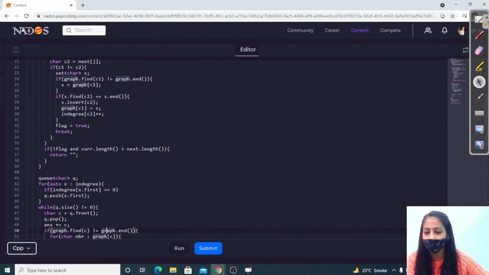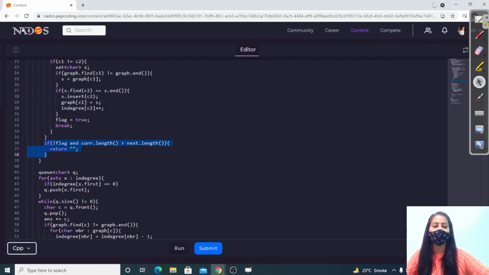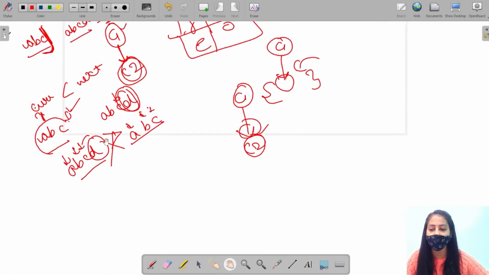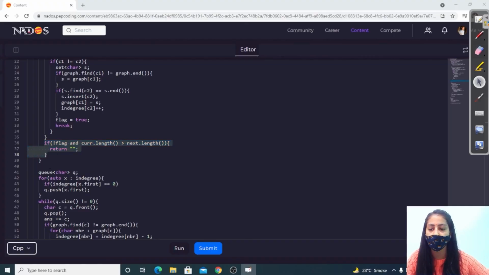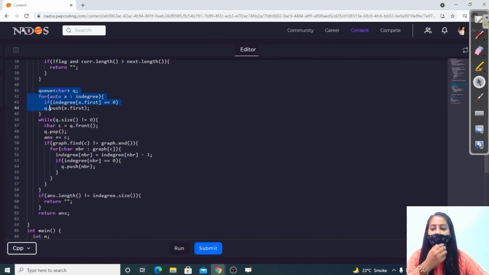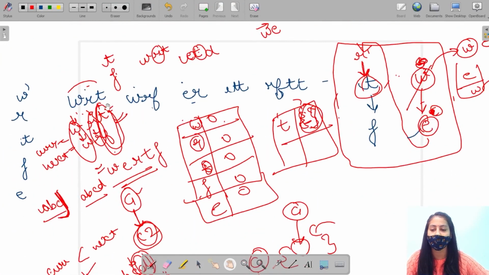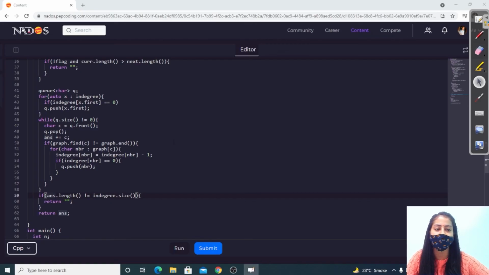Next, the special case is also handled: if we are unable to find any mismatch character and the length of the current string is greater than the next, then this is wrong input, and we simply return from that. Next, from the graph we find the topological order using Kahn's algorithm. Next we check whether we are able to find the lexicographical order, then return that order, otherwise return an empty string, that is, the input is wrong and we are not able to find the lexicographical order using that list.